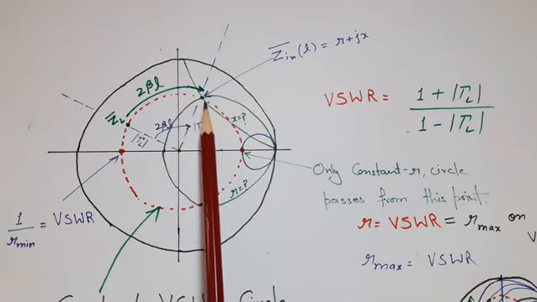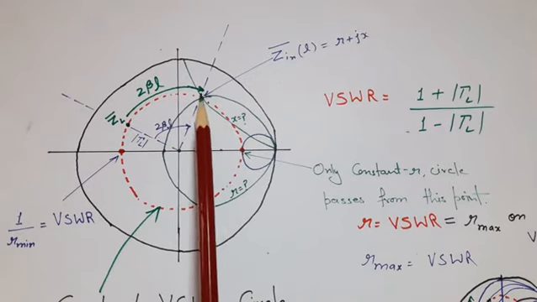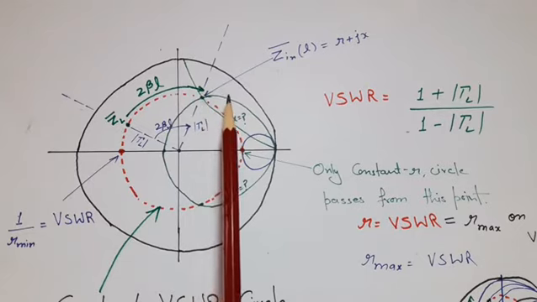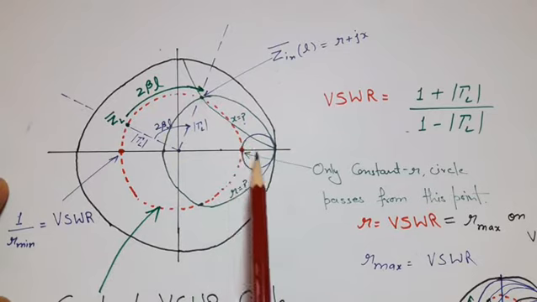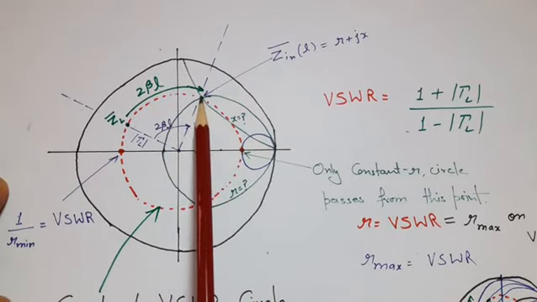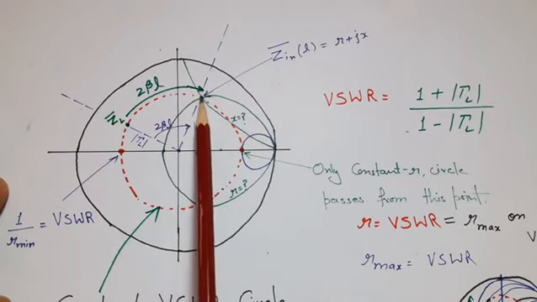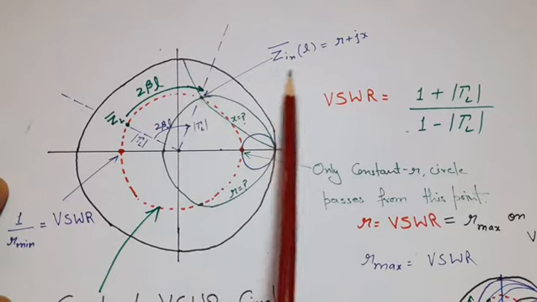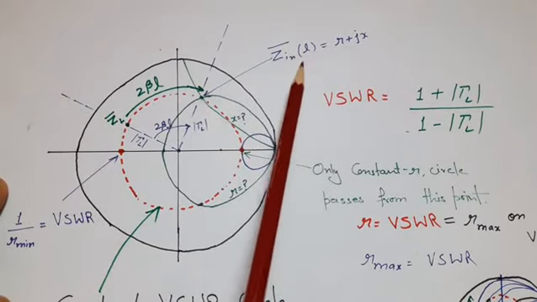Now the question is how to find the normalized impedance corresponding to the reflection coefficient here. This is also very simple, because now we have a point through which a constant R circle must be passing and a constant X circle must be passing. So in the Smith chart we can find the actual value of that constant R and constant X circle, and this point is the intersection point. So we can mark the normalized impedance corresponding to this point, and that normalized impedance is the normalized input impedance in actual practice.